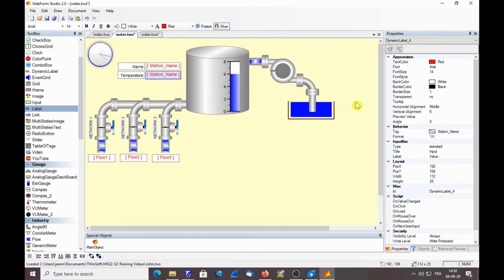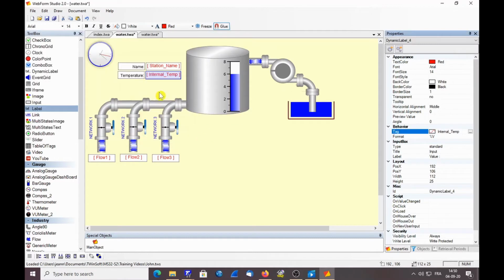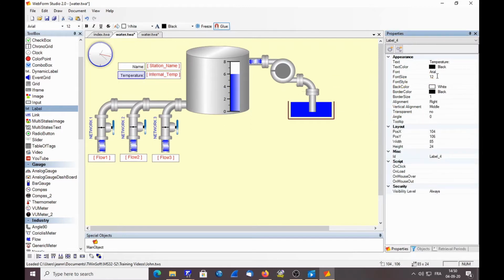So I select the tag here, and I will change the tag, and it is internal temperature. Okay. And here I can put a unit, for instance, degree centigrade. And I can increase maybe a little bit those fonts so that it corresponds, like this. Okay, and I can put a new label here on top to indicate that this information is